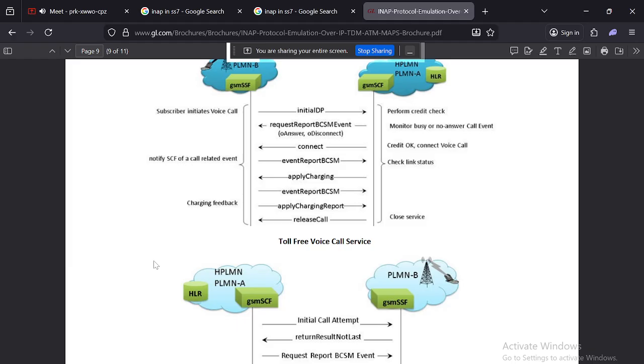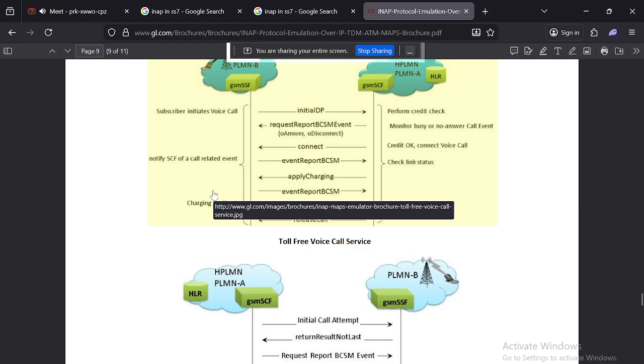So INAP enables telecom subscribers to initiate a voice call, initiate messages, initiate anything like value-added services beyond a basic call setup, or a tier down before the intelligent network architecture. It provides logic for controlling services, allowing features such as call waiting, prepaid calls, or unlimited calls, either on T-Mobile or AT&T, etc.